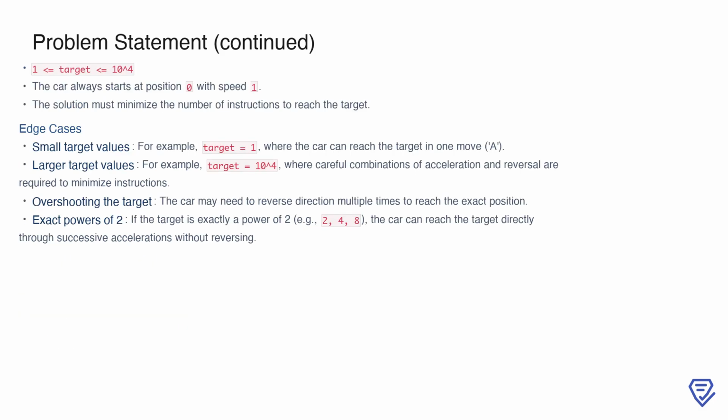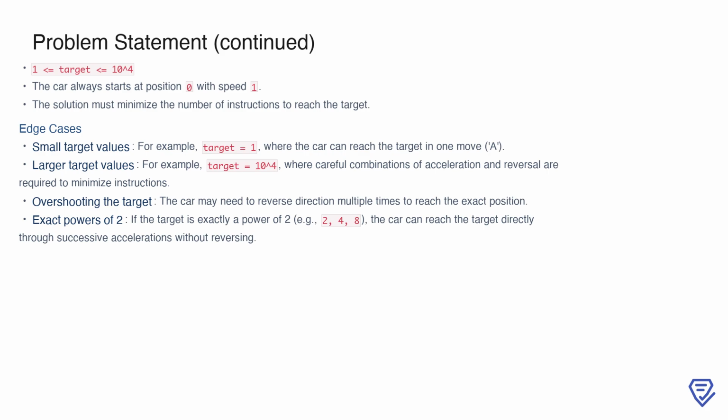The problem comes with a few important constraints and edge cases to consider. The target position is always between 1 and 10,000, and the car always starts at position 0 with a speed of 1. The goal is to minimize the number of instructions needed to reach the target. For small target values, such as 1, the solution is straightforward, just 1 accelerate is enough. For much larger target values, like 10,000, the car will need a careful combination of accelerations and reversals to reach